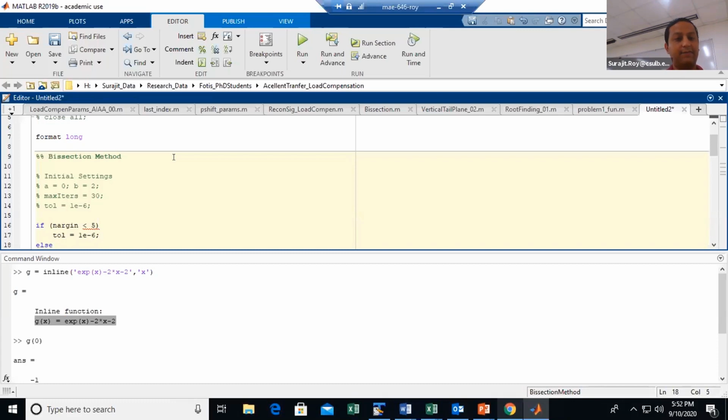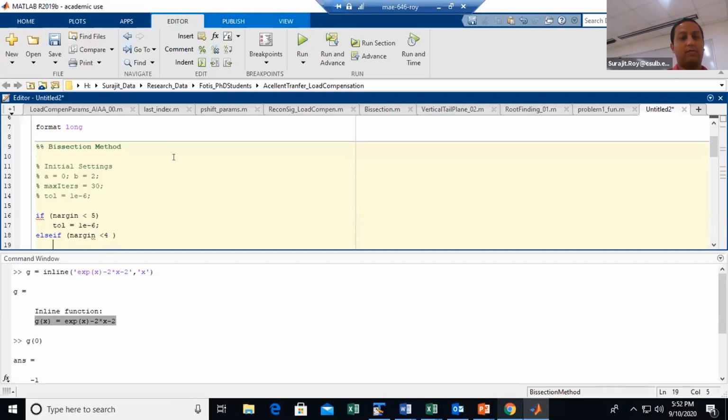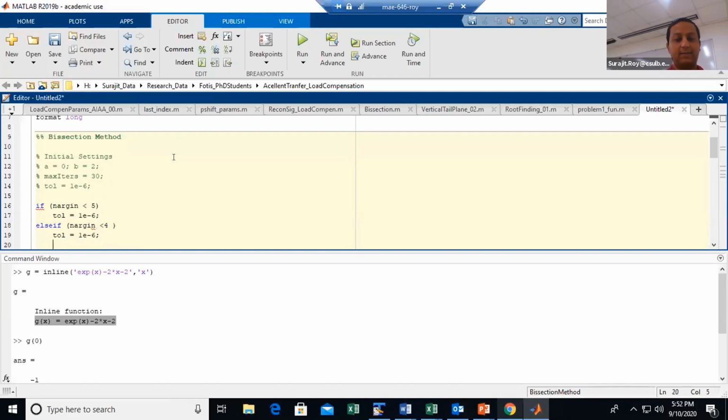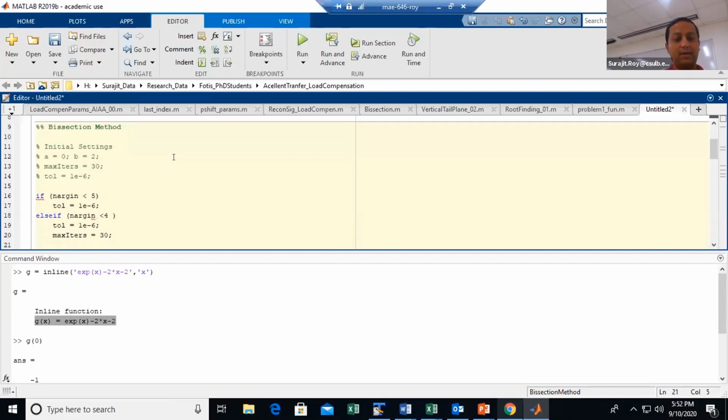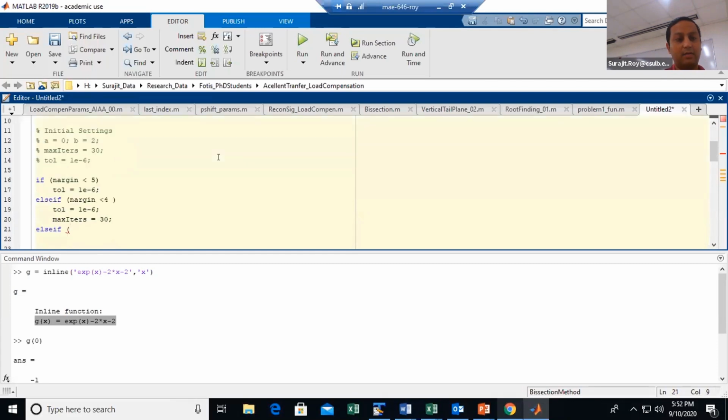Else if n is less than 4, tolerance is 1e minus 6, max iters is 30. Else if arg n is less than 3,